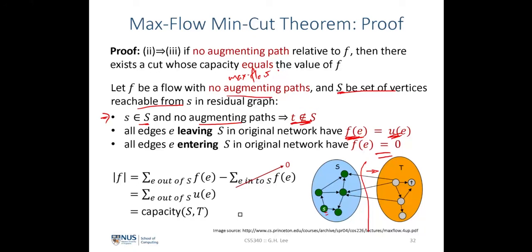And as a result, what we can conclude here is that the total flow coming from S towards T would be equal to the total capacity out of S. So we can see that all the flows going out of S, we sum them up, and the flow into S over here would be equal to the total capacity out of this set of nodes in S, and that would be equivalent to the capacity of the ST cut over here,